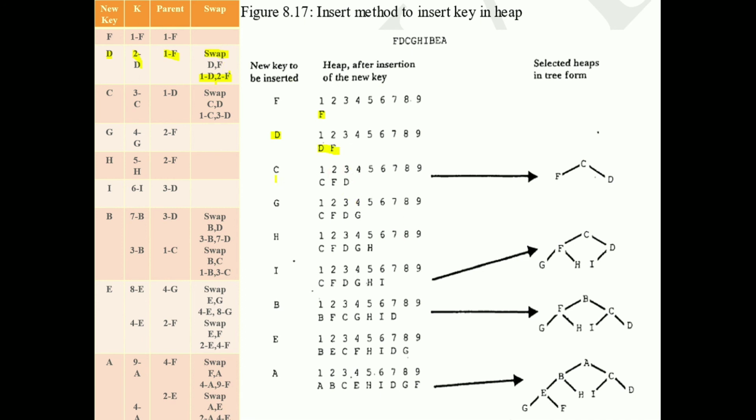Similarly for c. Now c has been inputted, and c comes in the third location. Now 3 divided by 2 means the parent is 1. When you compare the value of c with d, c is less than d. In that case, we have to exchange values, so we swap c and d. Now c becomes the first location and d goes to the third location. That is why we see the swap here, C F D. Similarly, it is done whenever the value of my new key is